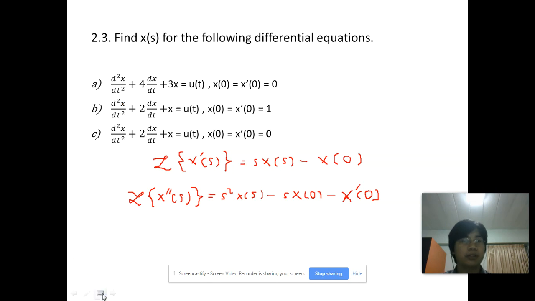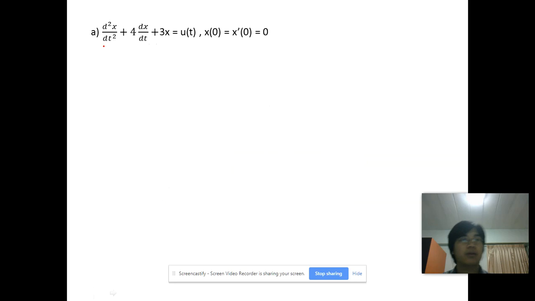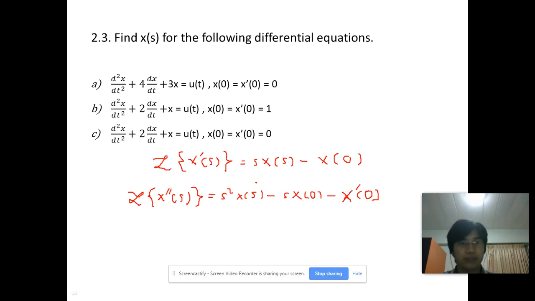And now we're going to start with problem A. So this is the second derivative, and this is the first. And we're going to take the Laplace transform of both sides of the equation. So we will place the properties of the Laplace transform of the first derivative and second derivative into the equation. So we will get